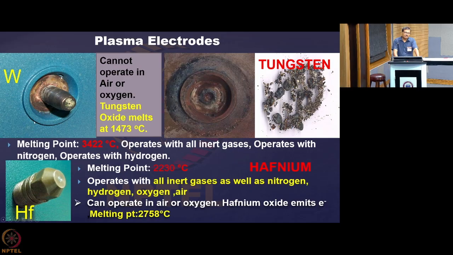So the moment you want to operate devices having a tungsten electrode in an oxidizing environment, tungsten becomes tungsten oxide and its melting point reduces drastically, and it just takes a few minutes to melt and flow away. After operation of exactly 3 minutes, what we observed here, this is the actual photograph. You see here this cathode was inserted and it has completely formed tungsten oxide, and it has come out like this because it is molten, and then when it flowed out it solidified, and this is what we obtained.